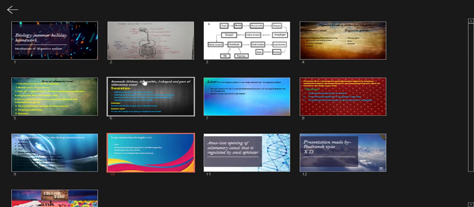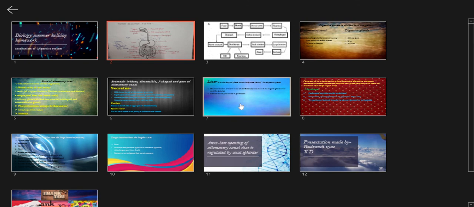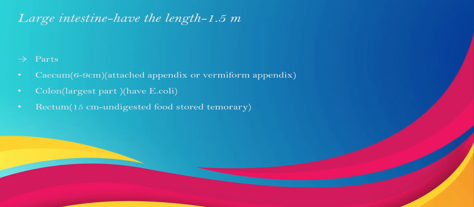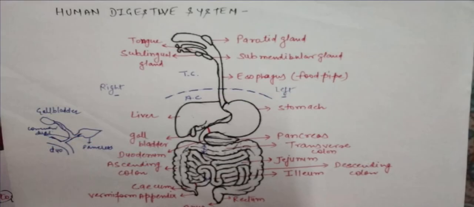Now we are going to the large intestine again. Now see the large intestine. Vermiform appendix, then cecum, then rectum. No, rectum is here, and cecum and rectum. Moving towards the large intestine only: cecum, colon, and rectum. So we have discussed the cecum and colon. Colon is shown in a transverse section. You can see here, here the colon exists.